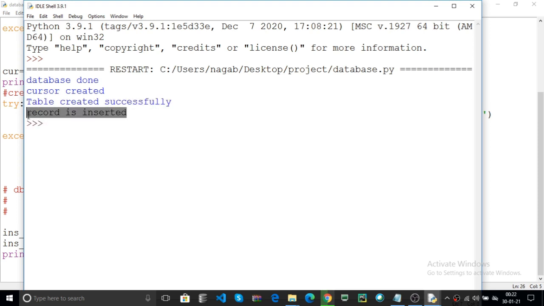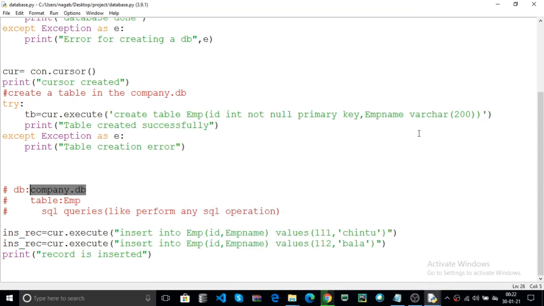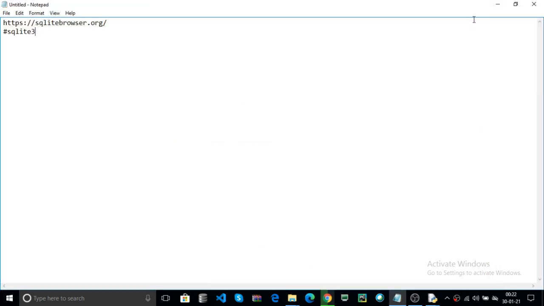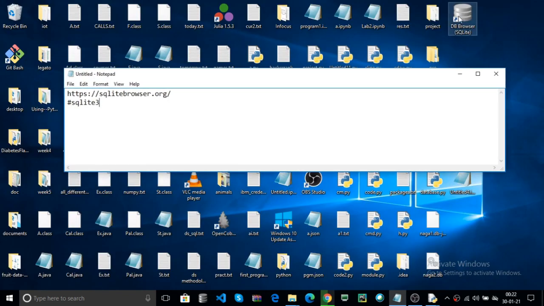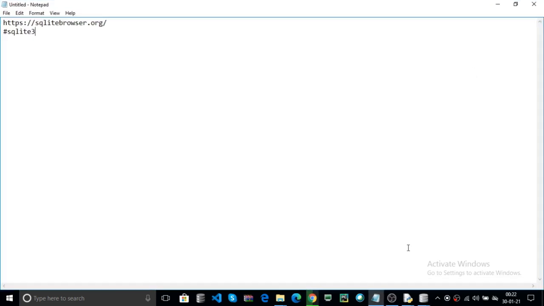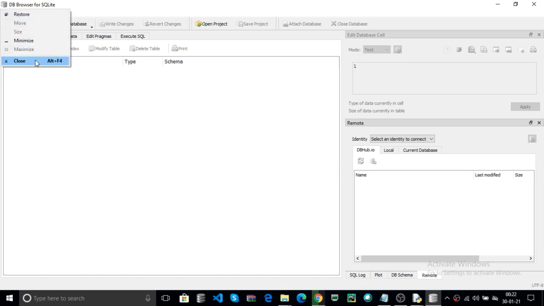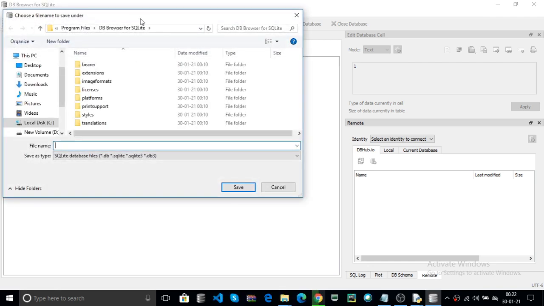Now you can open your SQLite 3 browser, which I created as a shortcut on the desktop. Now open your desktop. This is your DB Browser for SQLite. Here the new database option is used to create a new database, and this one is used to open your database.